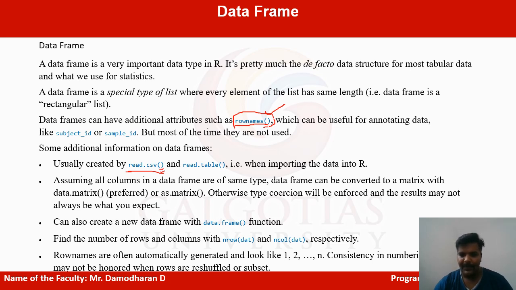Inside we will mention the path location, and read.table. This table function will take an Excel file, a Word file or a text file. All the data will be taken from here. Like here, for the matrix representation, we will use the matrix function, whether it is 3 cross 3 or whatever. Based on the data we will get it as a matrix, and we will identify the range of that matrix. In this matrix function we get the number of rows and number of columns to print.